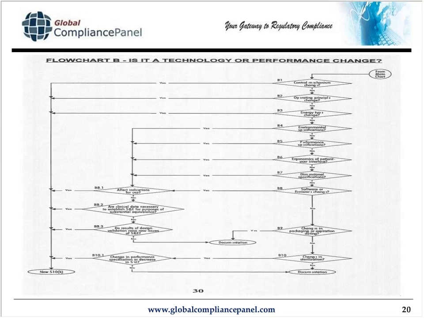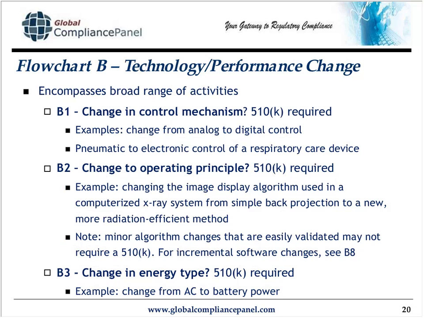In these situations, if I'm doing gamma or ETO, for example, there are different characteristics that are measured in the ISO standards. If they don't change, don't decrease the sterility assurance level or change any performance specifications, if everything is the same, B10.1 may be answered no, and I go to documentation. But if my sterility assurance level or other sterility-based characteristics are changed, I do need to submit a new 510K.